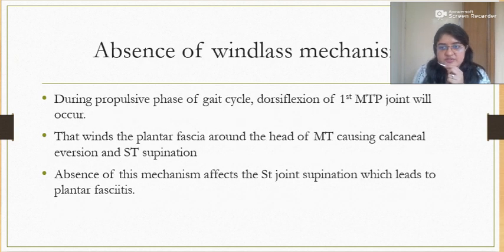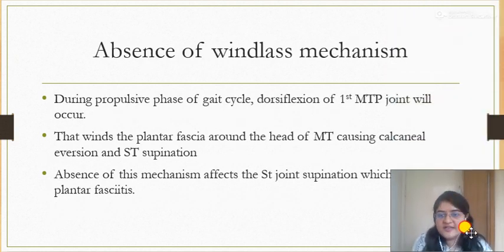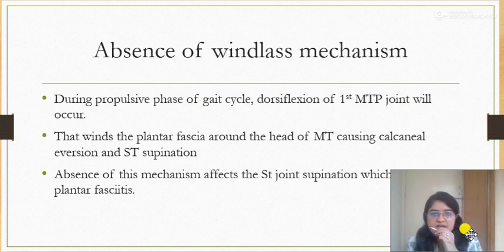The second cause which is explained is the absence of the windlass mechanism. So what is the windlass mechanism? That is when the first MTP joint goes in dorsiflexion during the propulsive phase of the gait cycle. At that particular time the plantar fascia becomes rigid, and the arch which is on the medial side of the feet is a little bit exaggerated during first MTP joint dorsiflexion in the propulsive phase of the gait cycle, and if this mechanism is lost, then the plantar fascia will suffer from more stress,